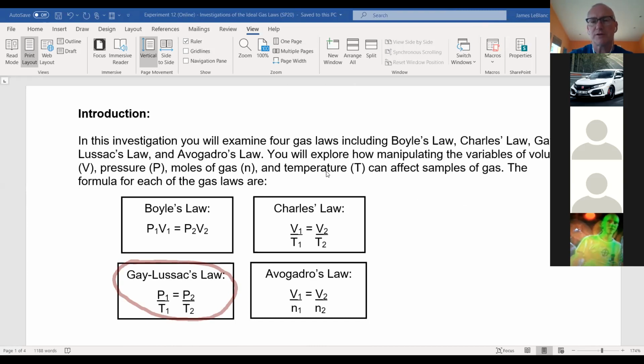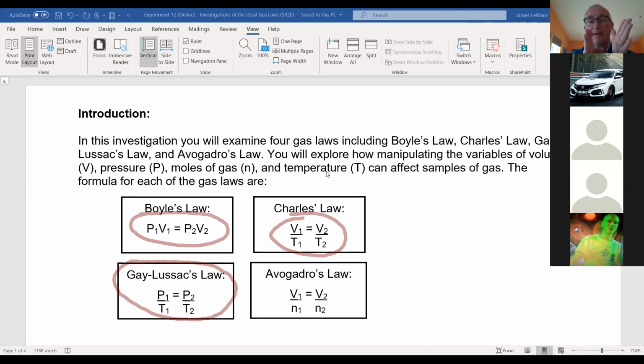So Boyle's law shows us the relationship between pressure and volume. And Charles' law shows us the relationship between temperature and volume. Now we should be able to realize that pressure and volume are pretty much two sides of the same coin. If we squeeze a gas from a larger volume into a smaller volume, we know that the pressure